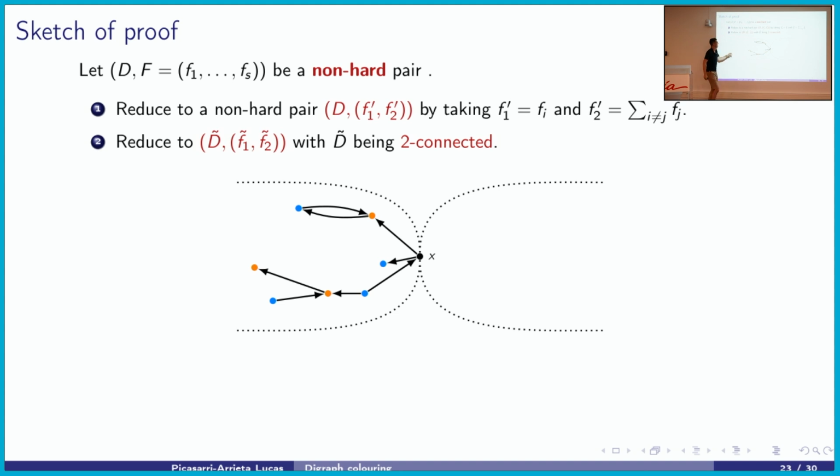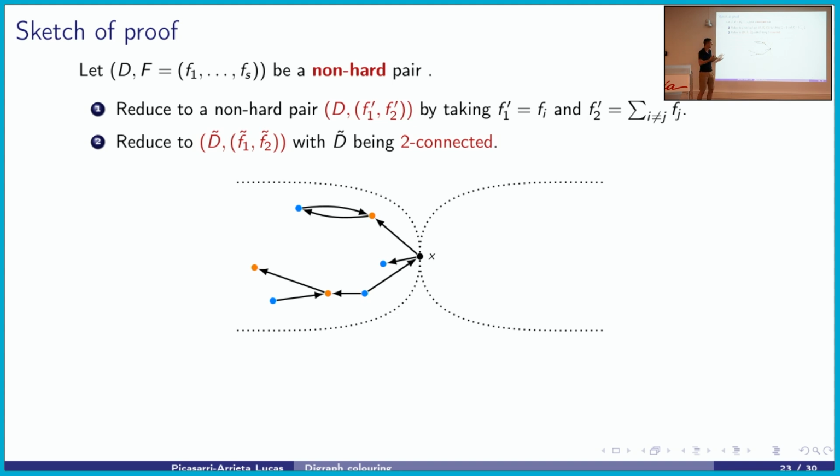Then what we want is to reduce to another hard pair for which the digraph is two connected. So assume that we have a cut vertex in the underlying graph of D. Then we just want to color one part of the digraph and reduce to the other part. And for this, we just take a spanning tree. So let's say we want to color the left side. Then we take a spanning tree of the left side rooted in X, and we color the vertices from the leaves to the root. And using the fact that when we color a vertex, it has an uncolored neighbor, we